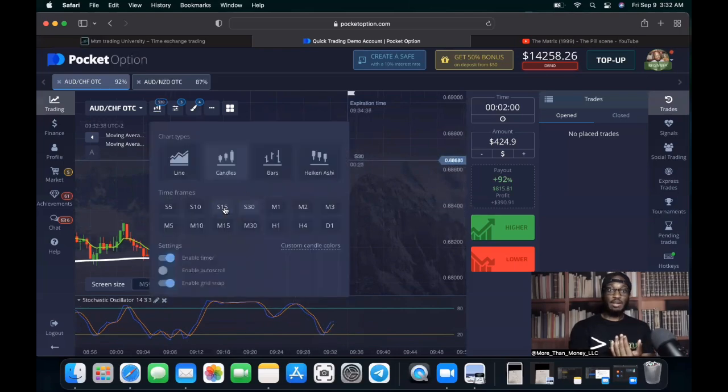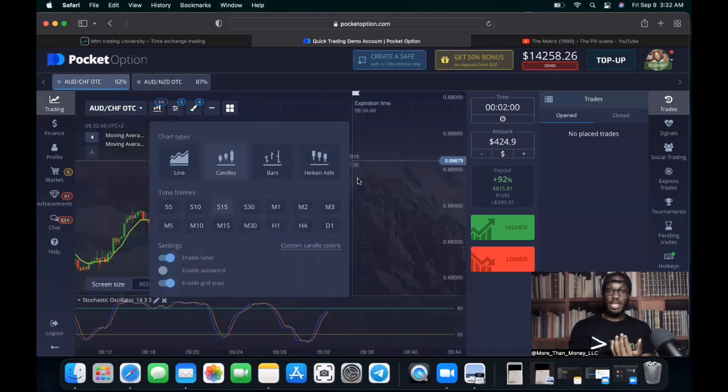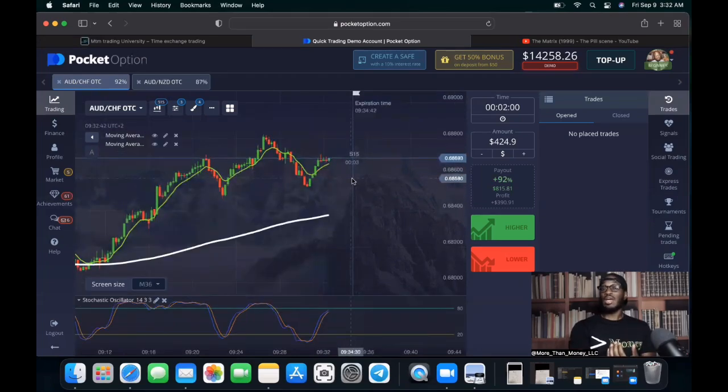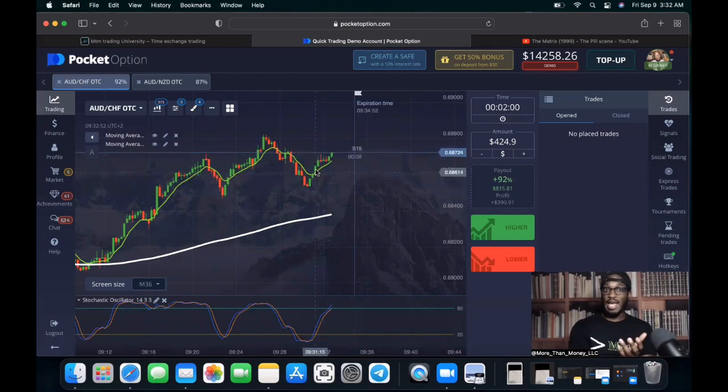So now we're going to move down to the 15-second. What was the 15 second? We're going to break price down even more. Okay, we've got to be careful, because the 15-second is not too far away from the EMA, but we still see a strong push away from the EMA, and it crossed that 8 EMA. So we like that movement. I probably would have jumped in right when it crossed that 8 EMA on the minute time frame.